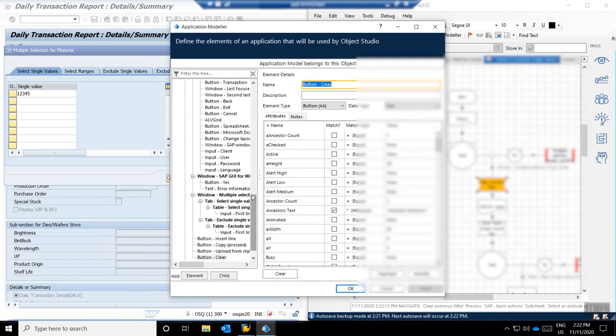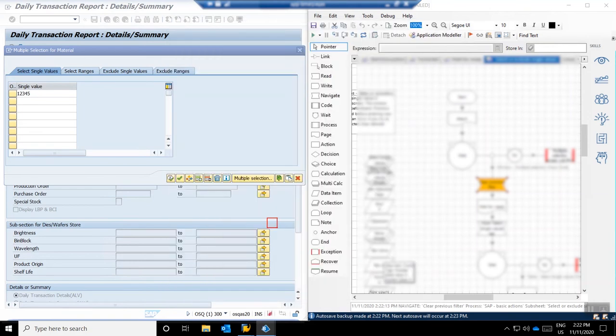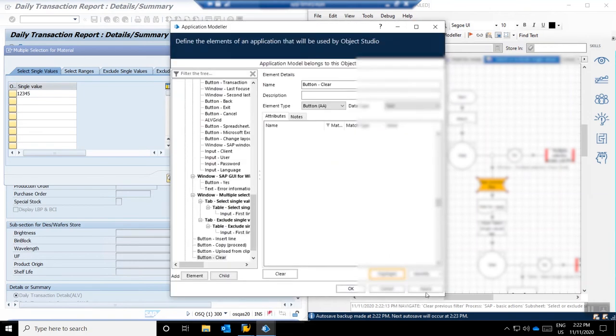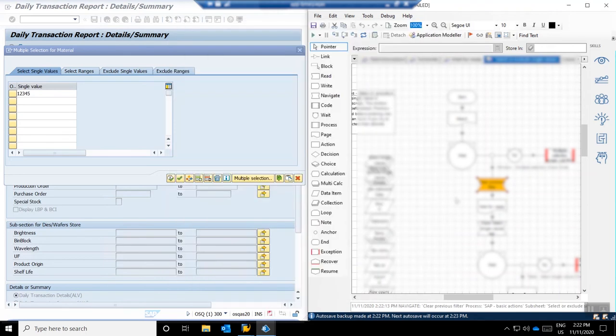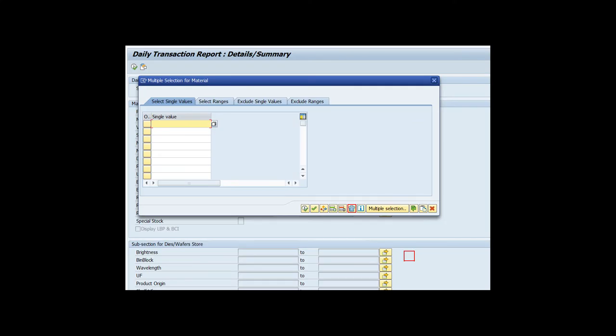I changed the ancestor count. I checked the ancestor count and it was showing one element which was not in the correct place. When I tried to highlight, it was in the wrong place. The button is upside, so I tried to run from the debugging mode, and even though it is highlighted in the wrong place, it was working fine. So the button is upside but highlighting in the wrong place.